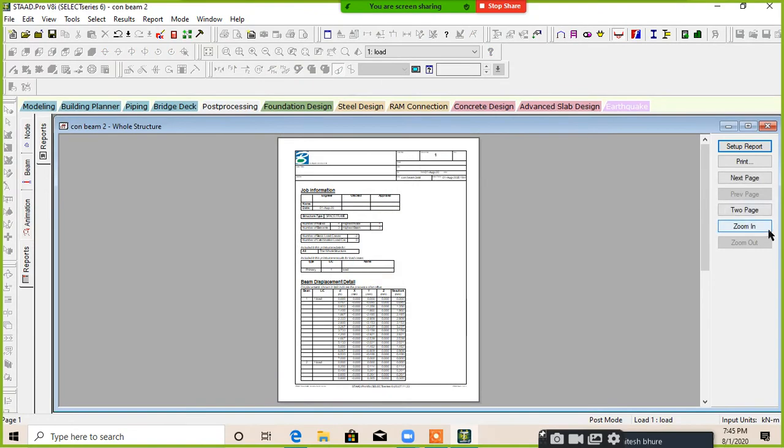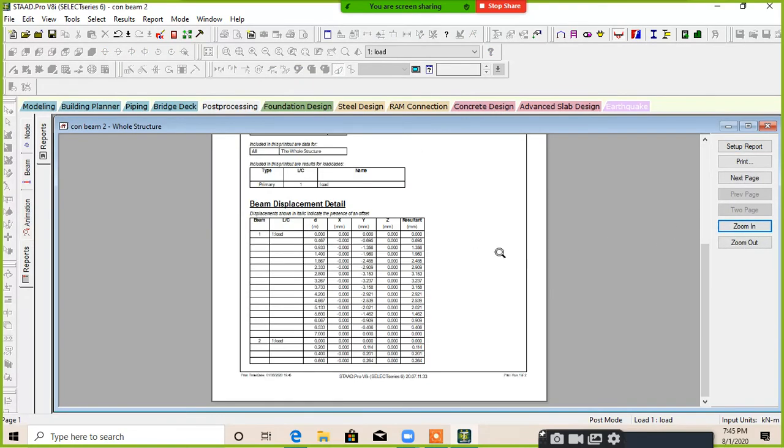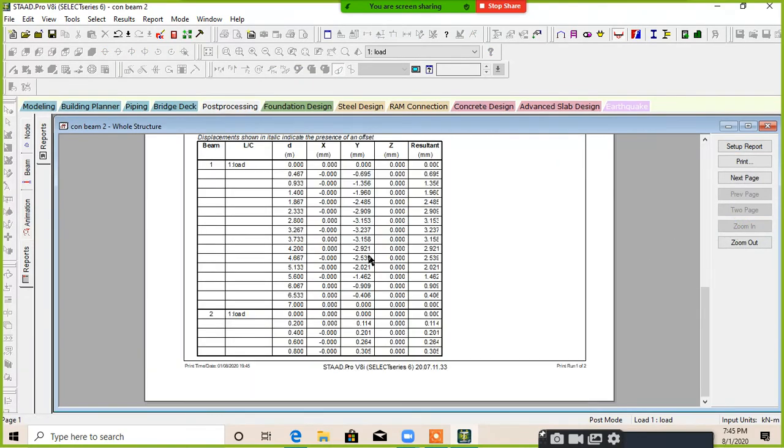Click on OK, zoom in and look at this. It will show you displacement values at the 15 locations of the particular beam, at 0, then 0.4, 0.9, 1.4, all these 15 locations.